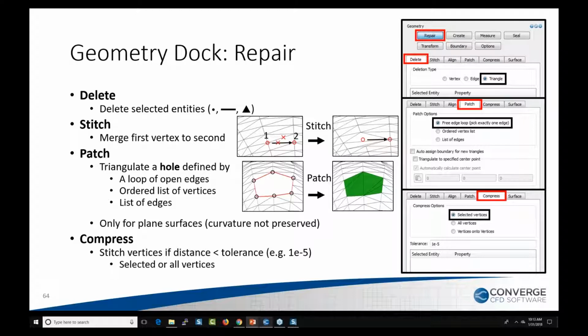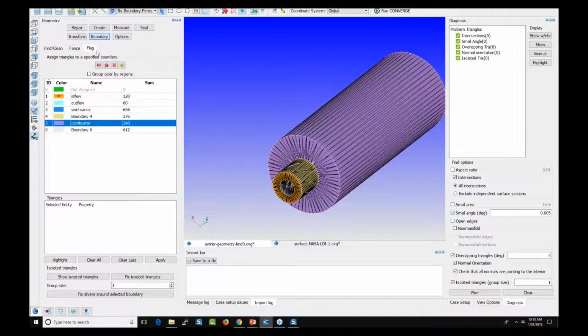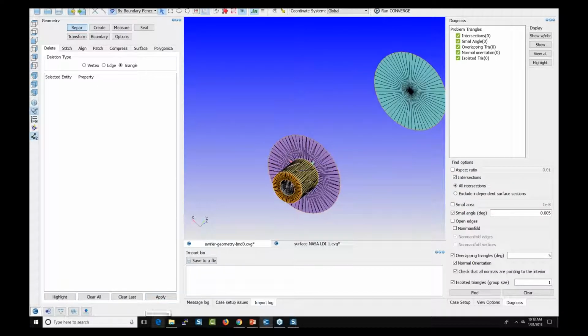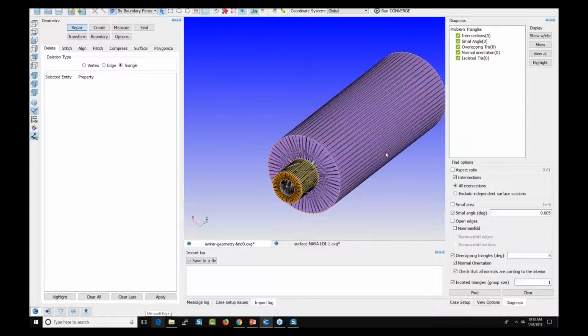So I will start with Geometry Dock under Repair. Under Repair, Delete, you will see different types of delete options. You can delete vertices, edges, or triangles. You can delete any of these, and let's talk about deleting triangles. So go to Repair, Delete, Triangle. I can pick up triangles by boundary fences and say apply. I can delete this. I can always undo. I can pick up triangles any